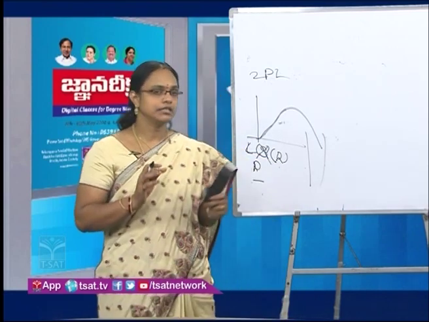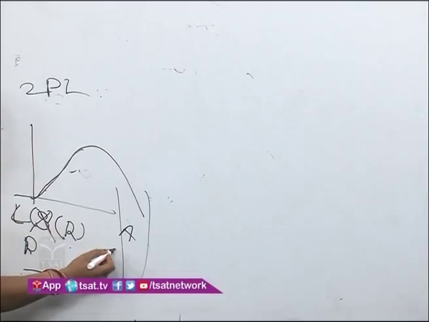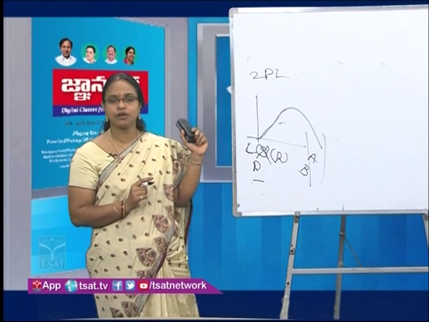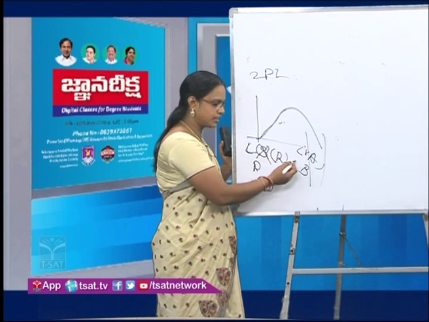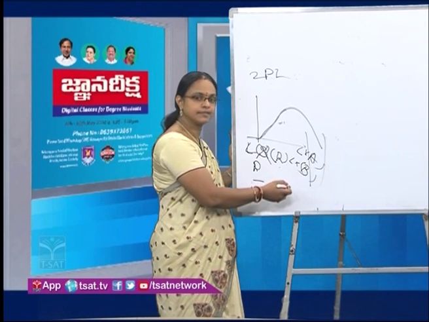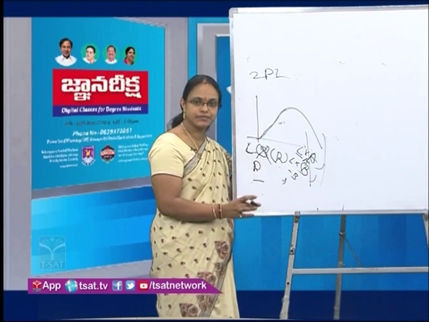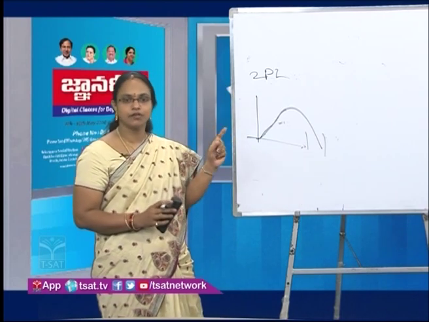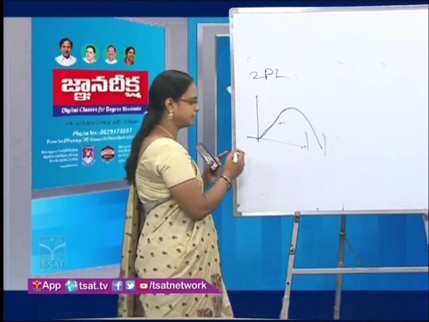Let's suppose I want to change the marks of student A and student B. When I want to change, what kind of lock should I apply? Exclusive lock. So you apply an exclusive lock on database object A and an exclusive lock on database object B. Then change A's marks and B's marks, and release both A and B. This must be done. This type of protocol we call a lock-based protocol. In the first phase you have to apply all the locks.